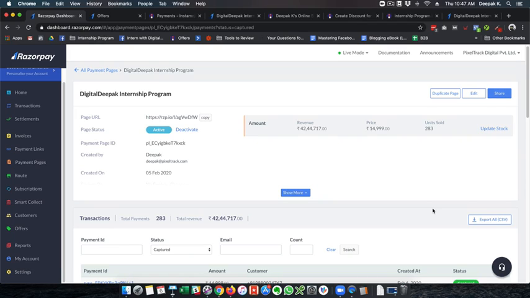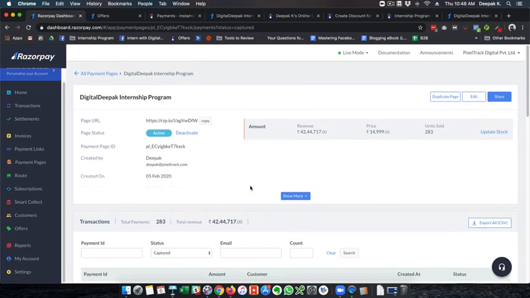I upload this email list on my email marketing tool, right now it's ConvertKit, and then I have to mail these customers separately. So for a non-tech user who might be a user of payment pages, ideally what I would like to see is a one-click integration with Google Sheets, and ideally Zapier as well, because once you have a Zapier integration, all the other email marketing tools can be connected from there.